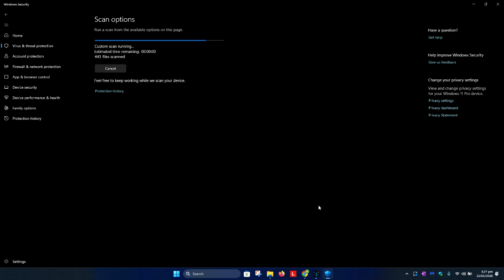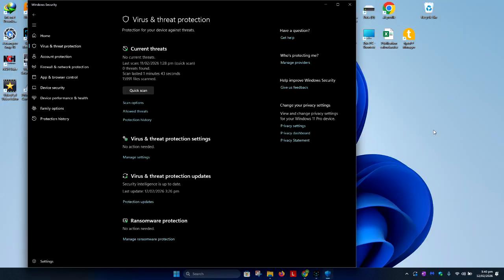The system will start scanning accordingly, and if there are any viruses or threats, it should be flagged to you. I will just pause the video here and I will restart to show you what it looks like after the scan is done. You'll be redirected to this page and you will see that the scan has lasted, let's say, 1 minute, number of files scanned, etc. If it has found any threat, it should be able to put it in